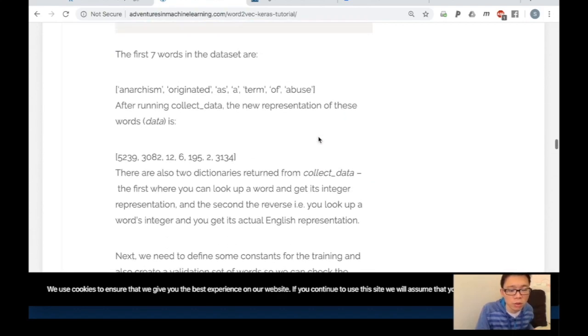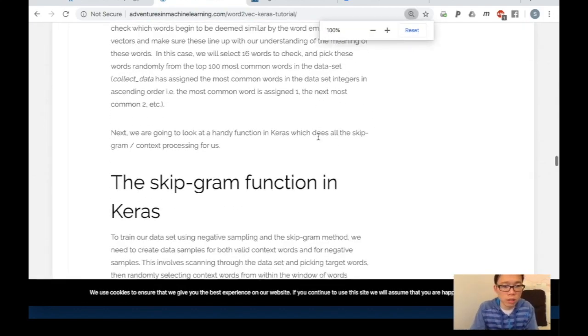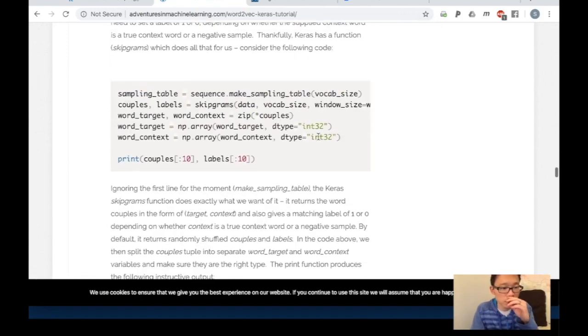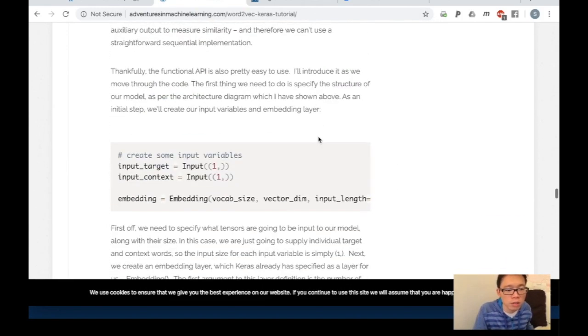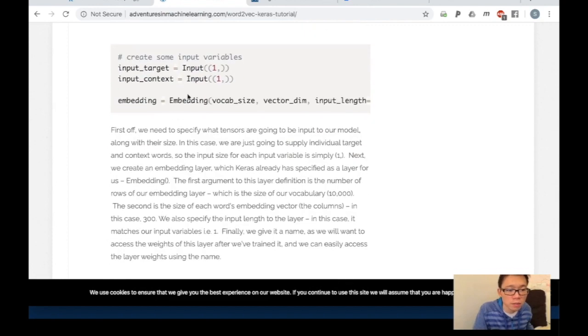But it does go through all of the actual coding of how to put something together. I'll just say here that the layers in Keras are fairly easy to put together.